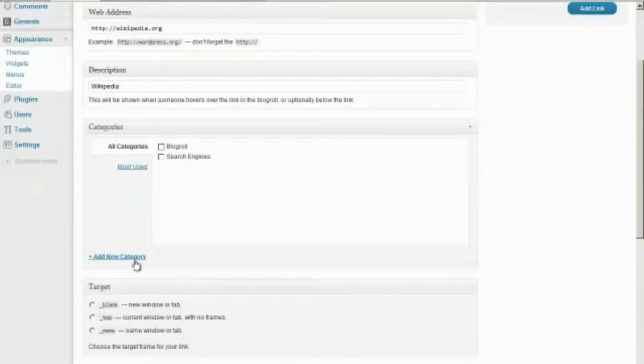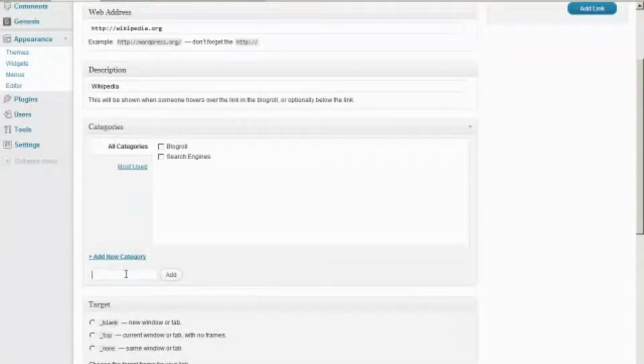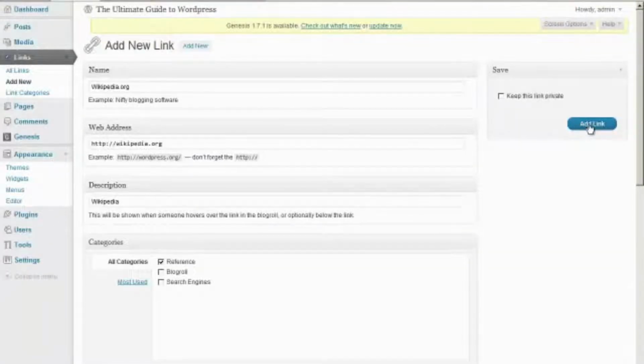Or actually, you know what? Better yet, let's add another category, and let's call this reference. Click on Add. I want to show you how this works. Add link,